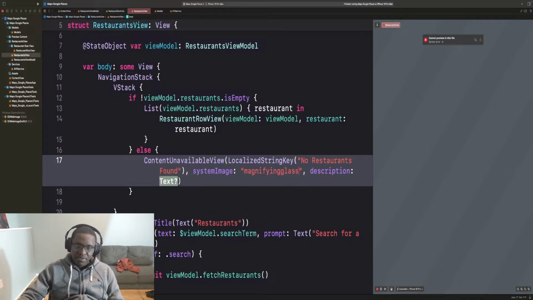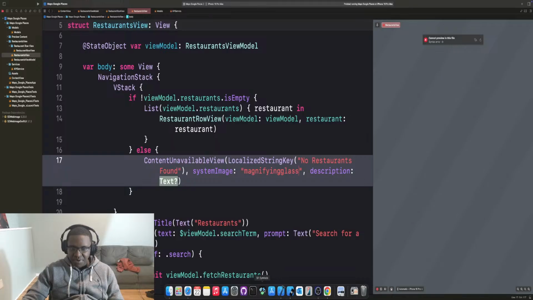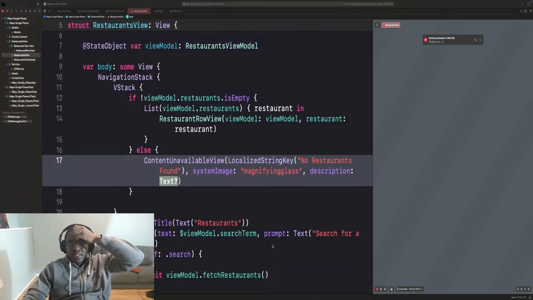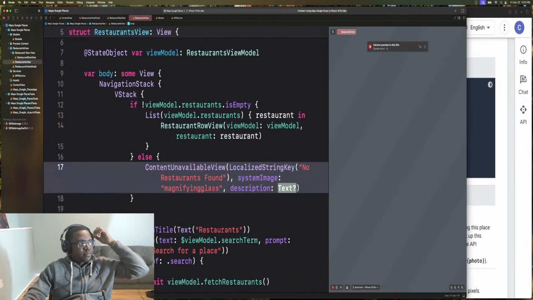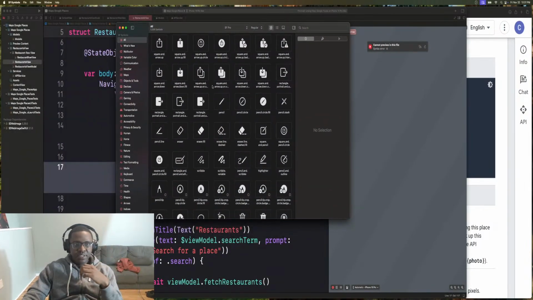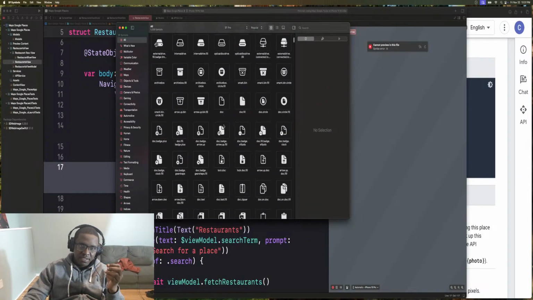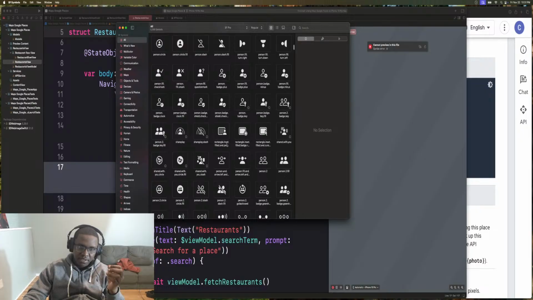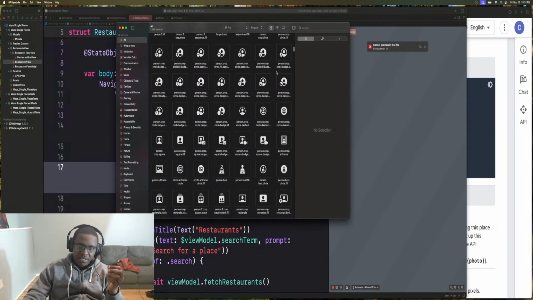Don't know what SF Symbols is? SF Symbols is this app right here, and it works great with Apple because you get access to all these images, and more. All of these, you get access to, and all you have to do is copy the name